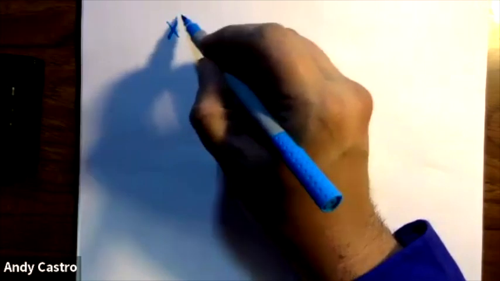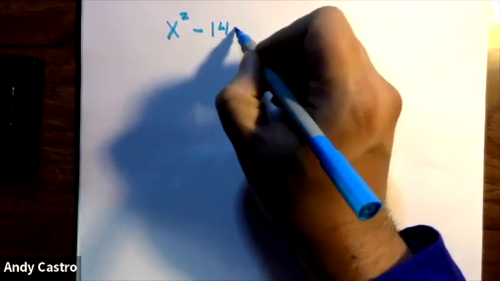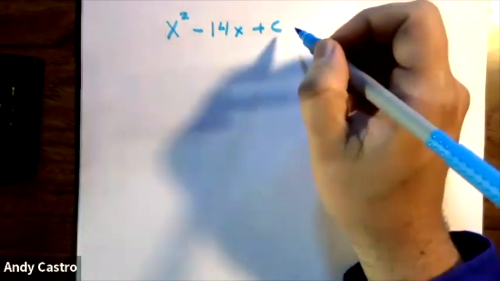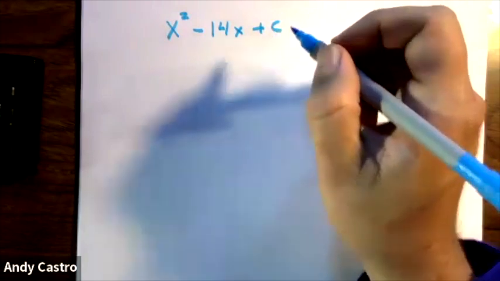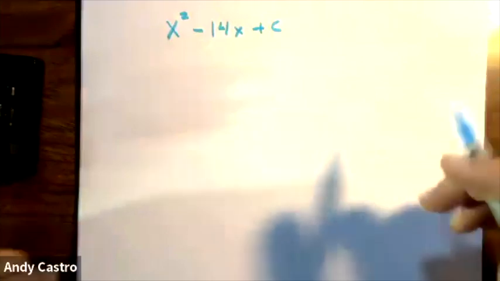All right, let's do another example. Let's do one with a minus sign. Let's do x squared minus 14x plus C. Okay. What's going to change here? So